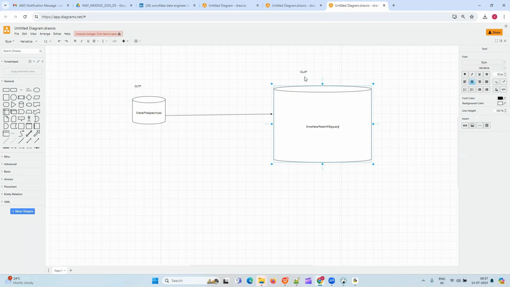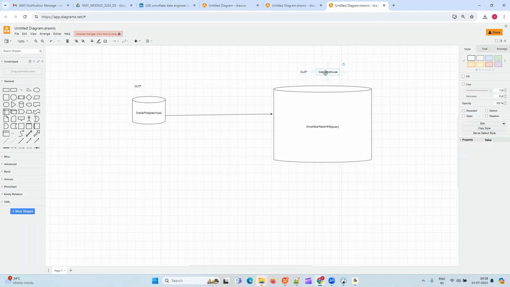These systems are designed for holding huge volumes of historical data. When I say OLAP or data warehouse, what does a warehouse mean? It's a big room where you store a lot of things, right? So a data warehouse means a big room for your data, correct? All your historical data will be dumped here. Once the data is getting older, you'll get it here.